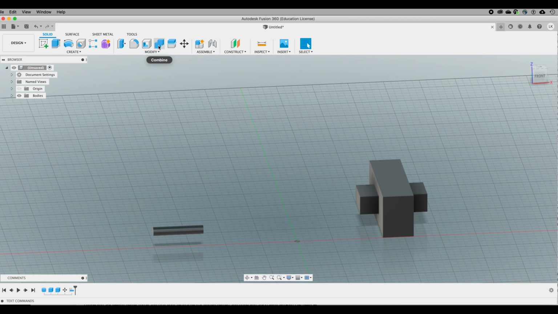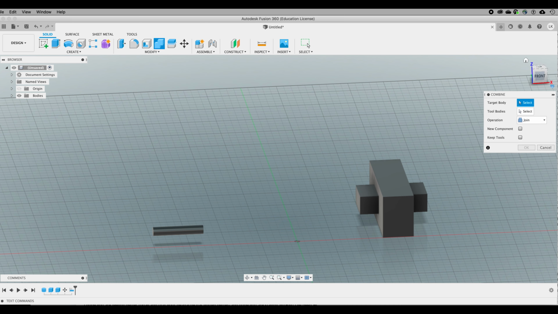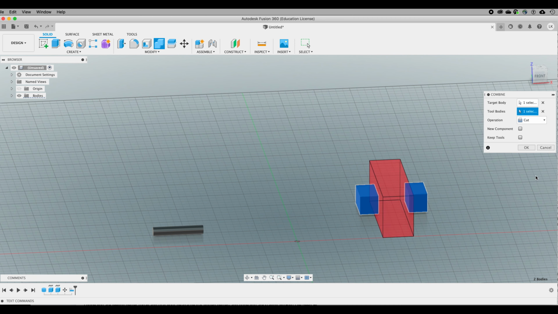Then I'm going to go here and use the Combine tool. I'm going to click Combine. And instead of having it set to Join, I'm going to have it set to Cut. So I select the target body. This is the piece I want to keep. And then you see it clicks over to the tool body, and I select this. And you can check to see that it's going to do the operation that you want,